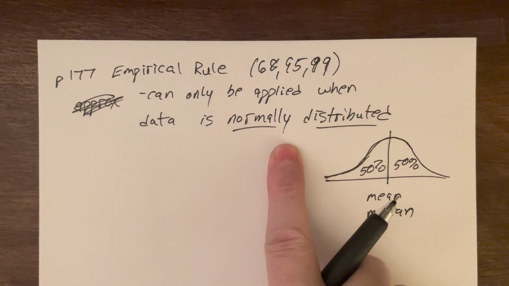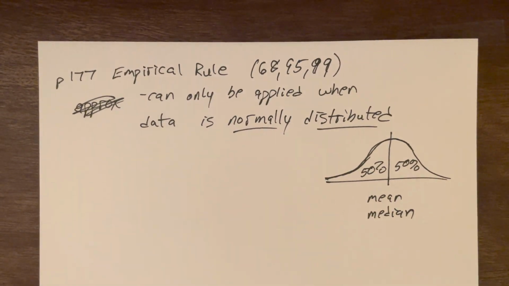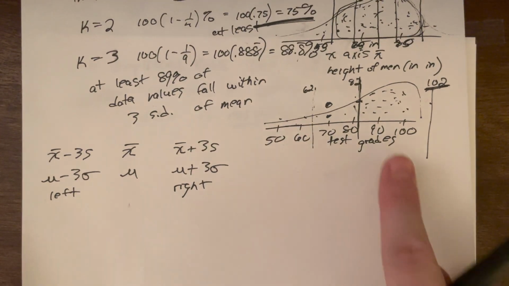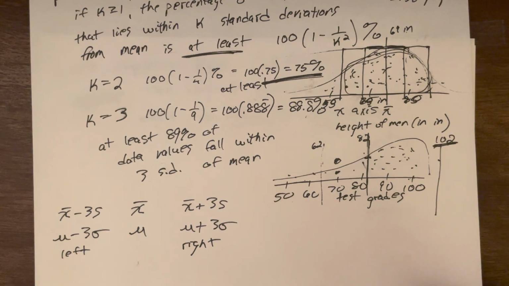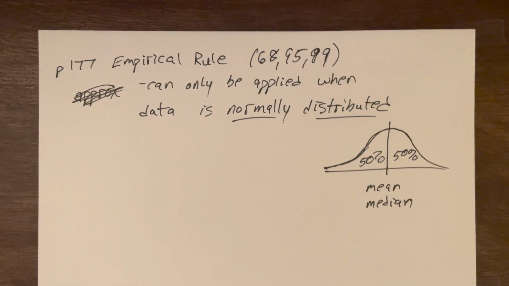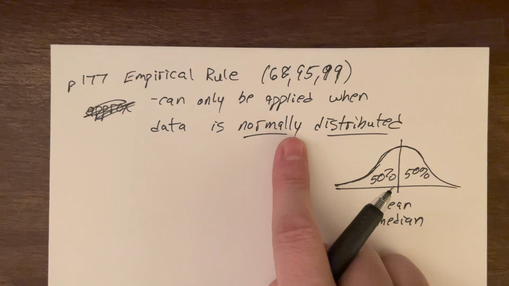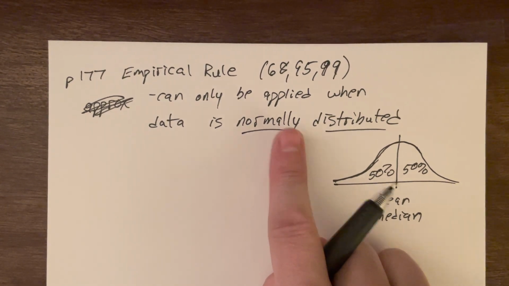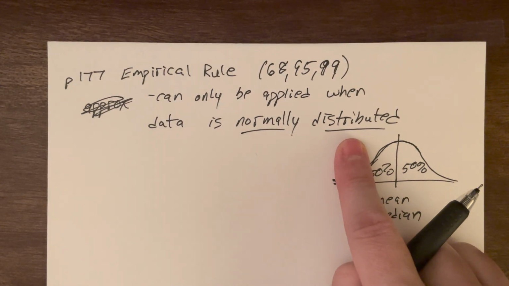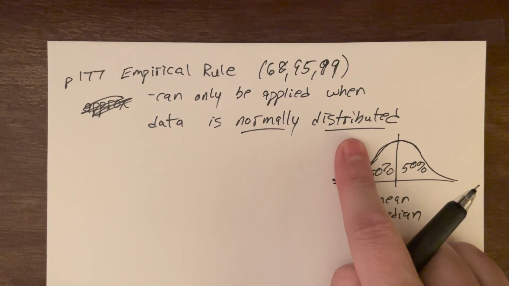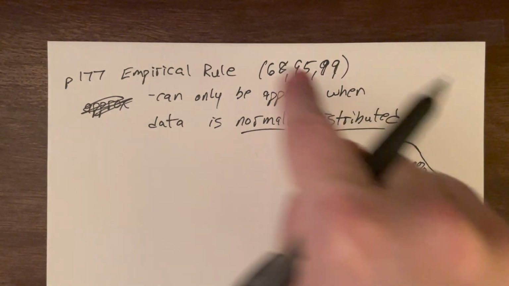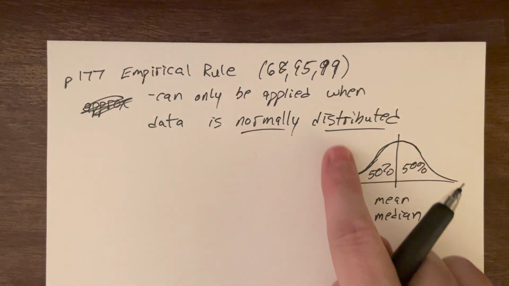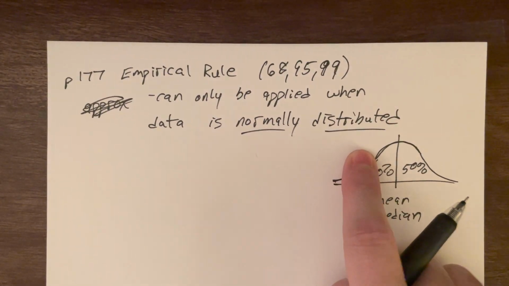So, if you know that the data is normally distributed. Not all data is. That's why I brought up this second point. That is definitely not normally distributed. And we don't guess if something is normally distributed. That is a very huge hint that we'll see going forward. When you see these problems and somewhere in the middle of that word problem the data is normally distributed, that is a huge flashing sign. At this point, it basically means use the empirical rule, but later on we'll see some other things that come up. But that is huge.